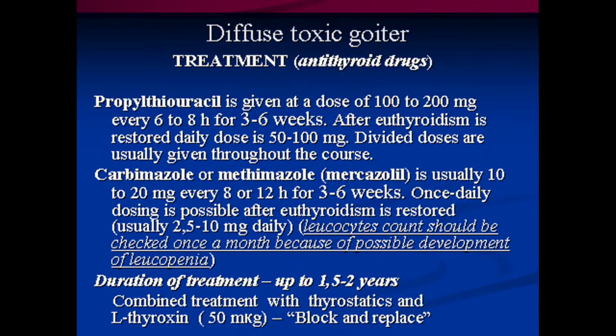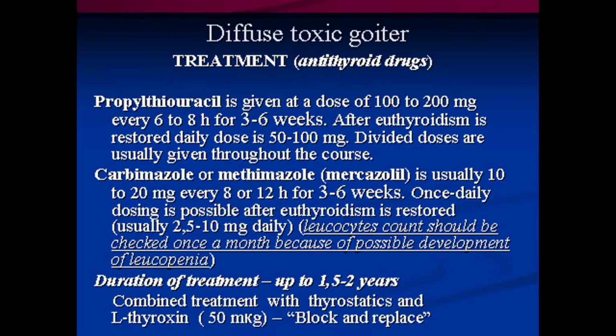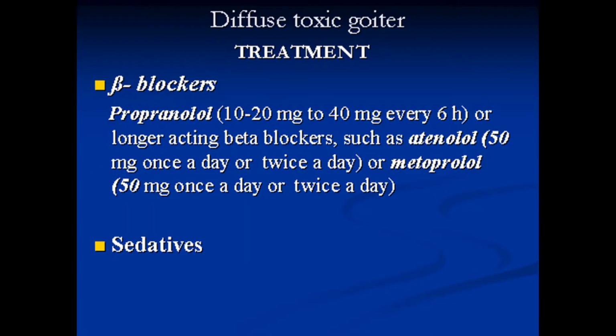And how to treat arterial hypertension? You should remember that arterial hypertension should be treated with the usage of beta adrenal blockers. In this case, they are assessed as the drugs of the first choice. Now, first of all, of course, antithyroid drugs should be administered, propylthiouracil or derivatives of imidazole, carbimazole, or methimazole. And the next administration, beta blocker.